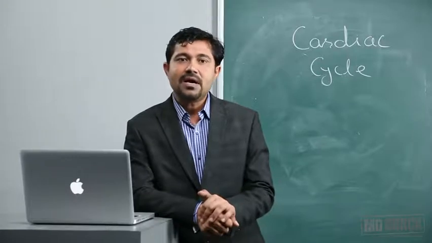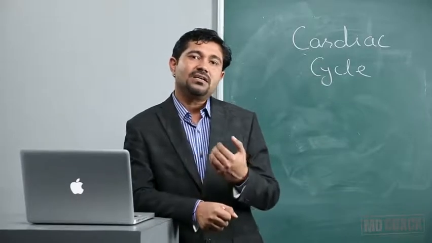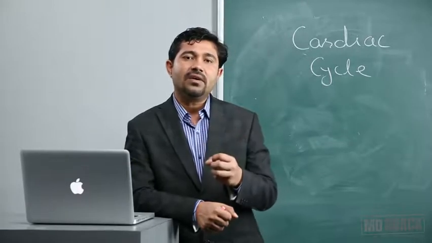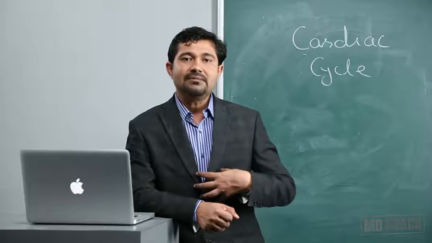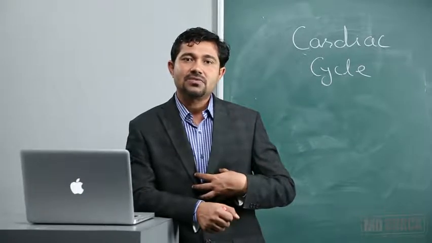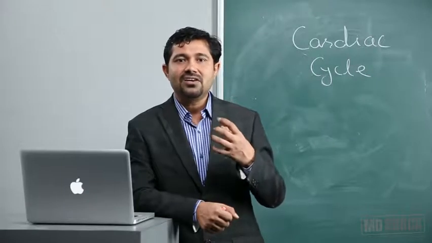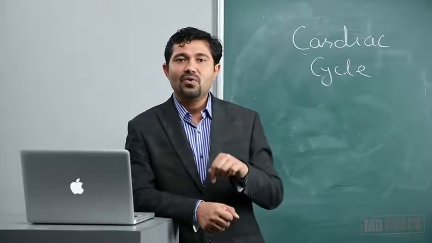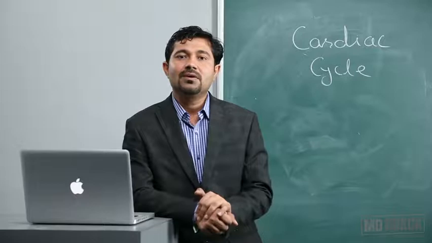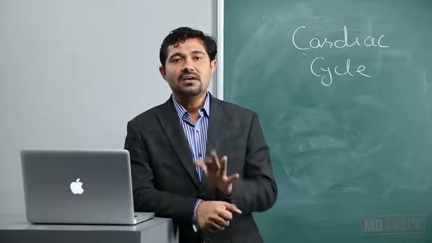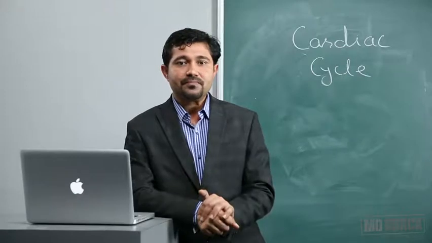Up till this time, the next action potential will start, and it will spread over the atria and start the atrial contraction. But at that time the ventricle will be in a state of diastole. This last rapid filling phase, or the atrial systole, causes more filling, about 25% of the filling of the ventricle, and it coincides with the atrial systole.